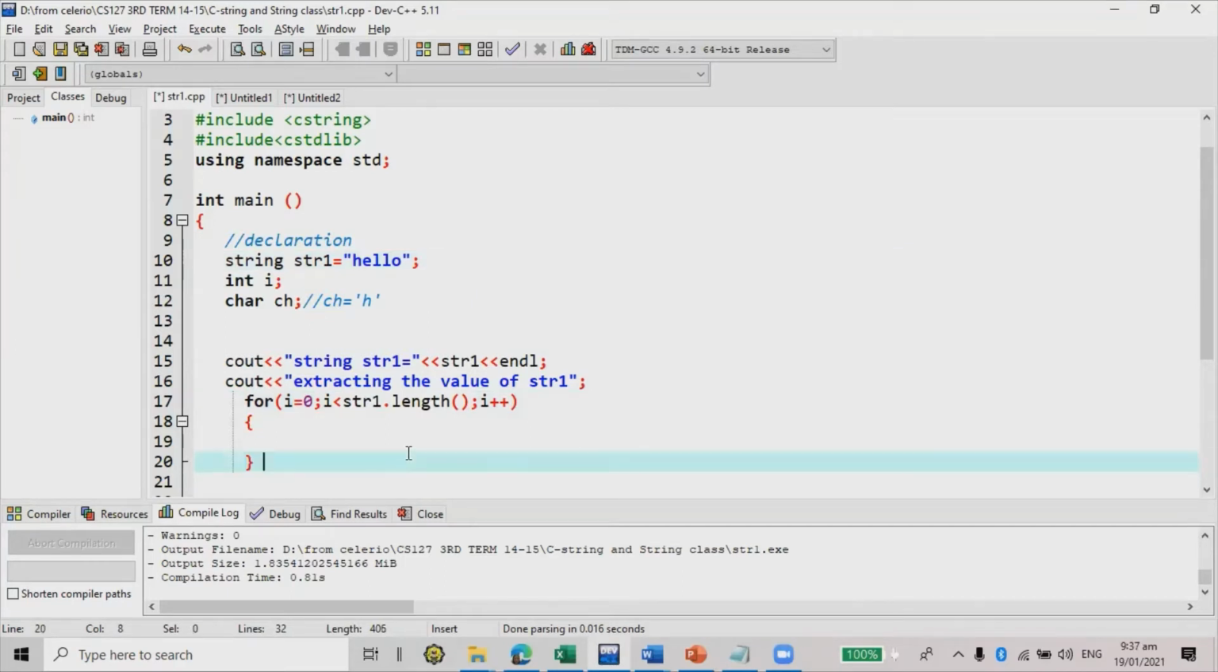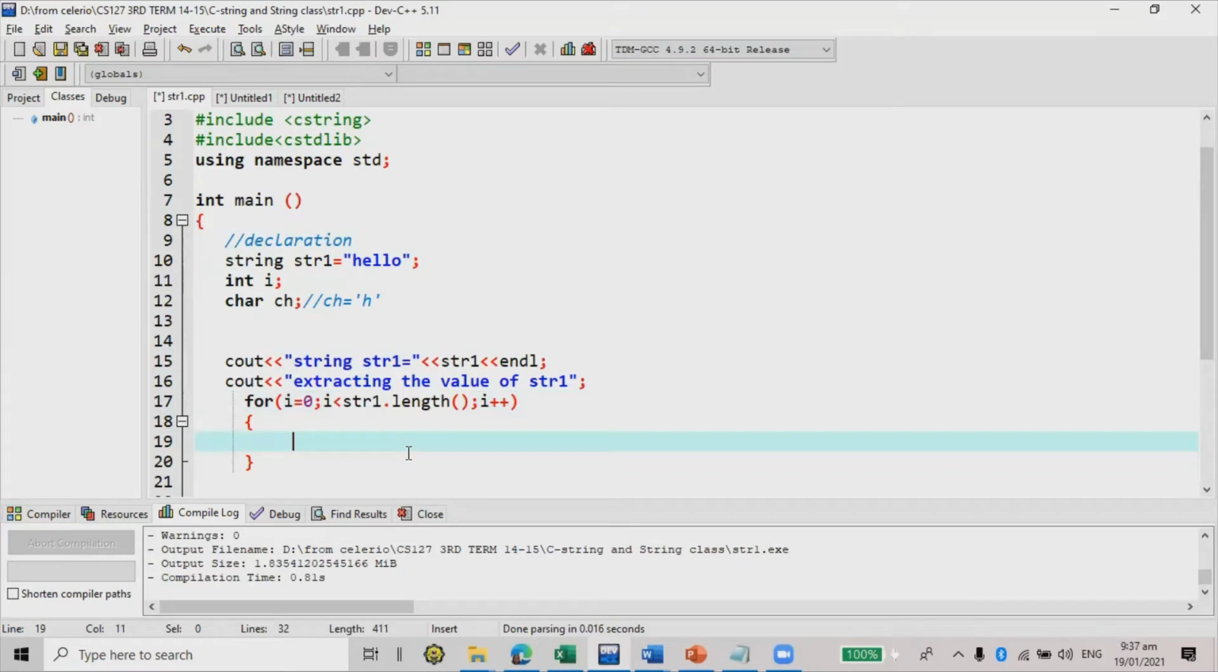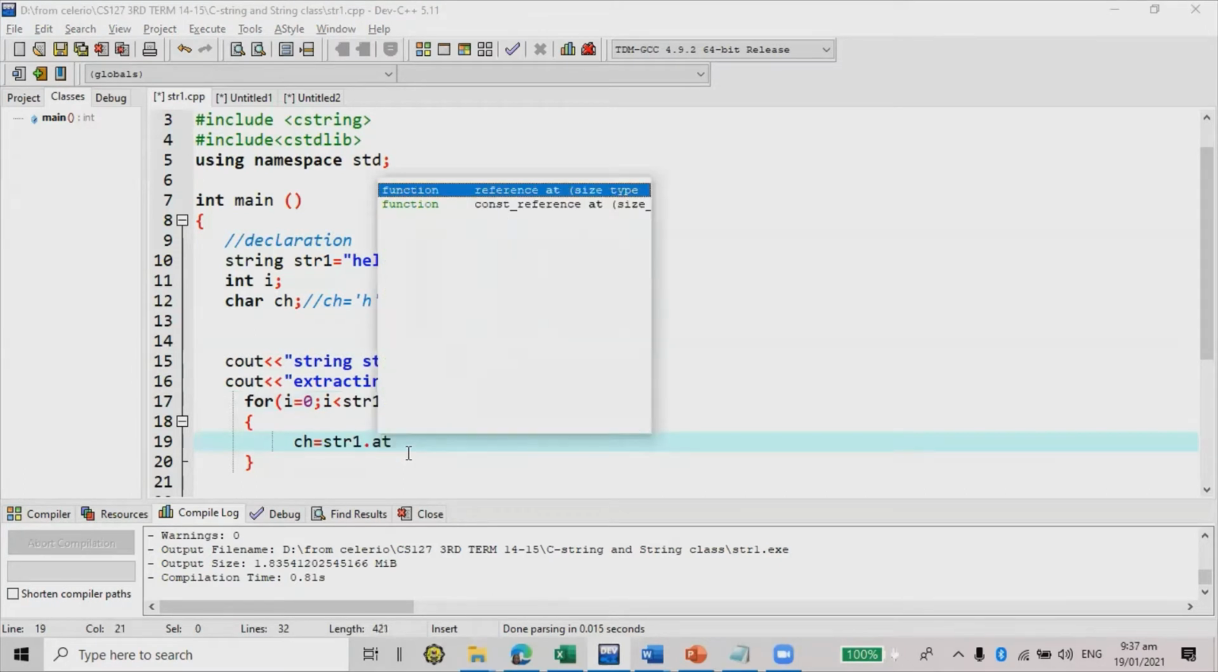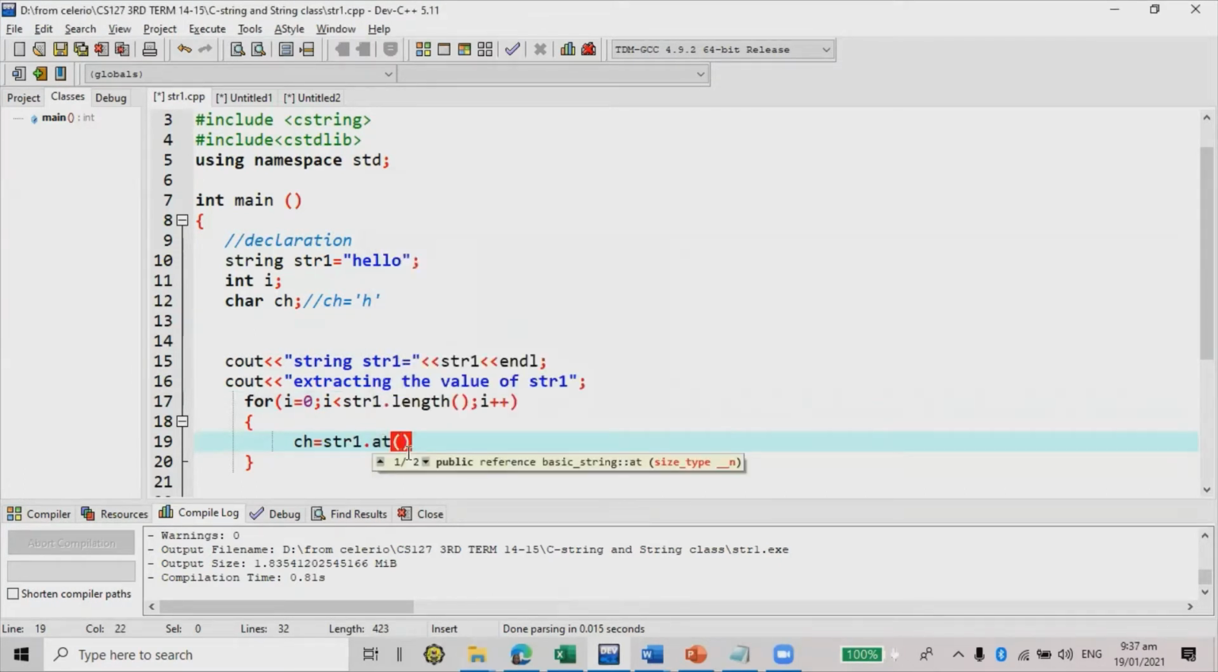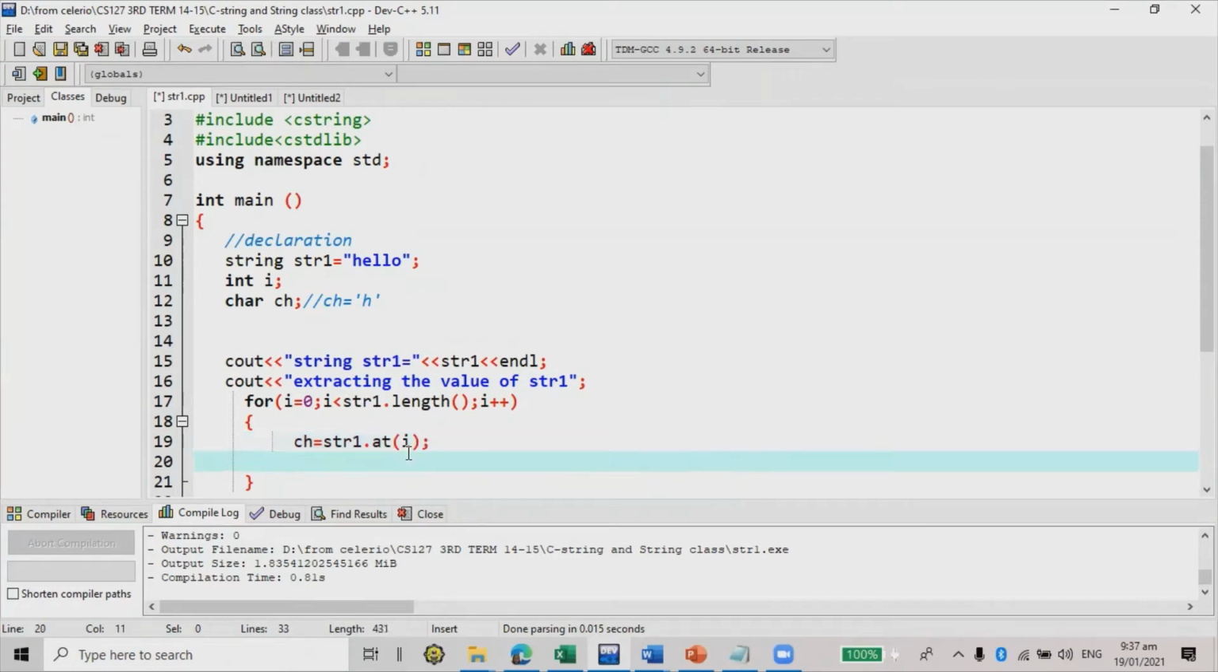So how are we going to extract the value? We're going to make use of the at method. How are we going to do that? ch = str1.at(), and within the parentheses, we need to use the index that we use in the for loop, which is i. Then we are going to display cout << ch << endl;